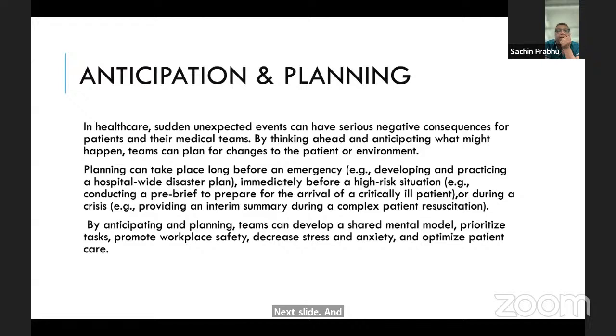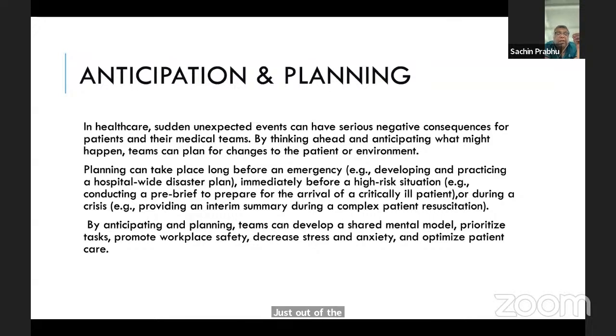Anticipation and planning. Again, we do anticipate. So when you've got a high-risk patient, you normally would make a plan, and that is a little bit of anticipation. For example, a difficult airway, you would definitely make a plan. You would have your video laryngoscope, the difficult airway trolley and so on and so forth. So planning is very important. Again, that you can do for an elective case, but for an emergency, it may happen just out of the blue. And hence, protocols become very important there.